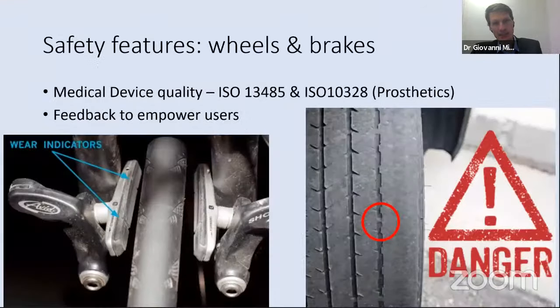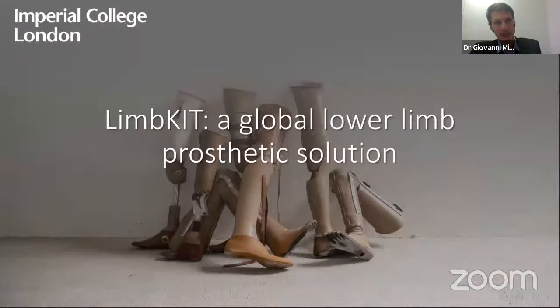The other thing is safety. We know a lot about safety with regards to transport, with regards to checking that a product is still fit for use. With regards to tires, as you see on the right, this tire is getting worn, and you can imagine that when a tire gets bald, there's a little indicator which shows you that this device needs to be replaced, that it's getting dangerous. And the same with the wear indicators on the bicycle brakes on the left. So we can design products which can assist the users and empower them to know what is happening with their device. So with this, I'd like to talk a little bit about one of our projects